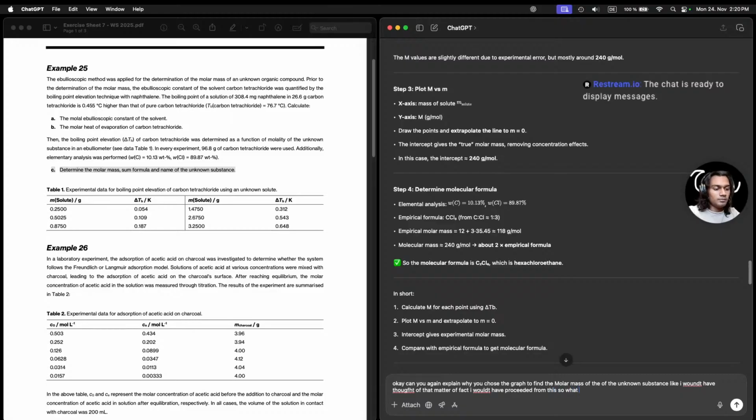So what made you plot the graph, what made you plot the graph so that we'll get the